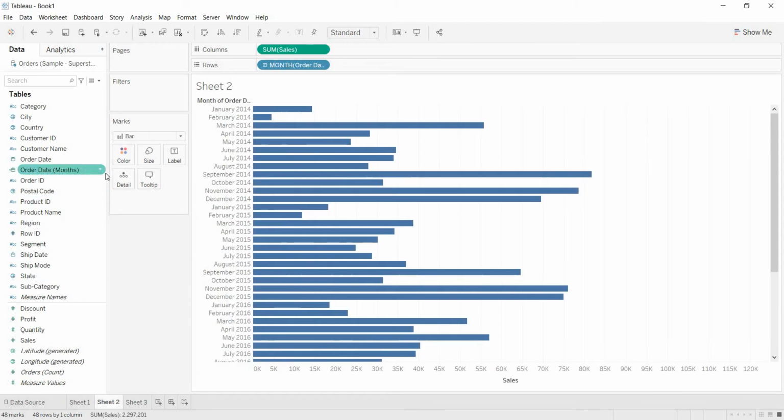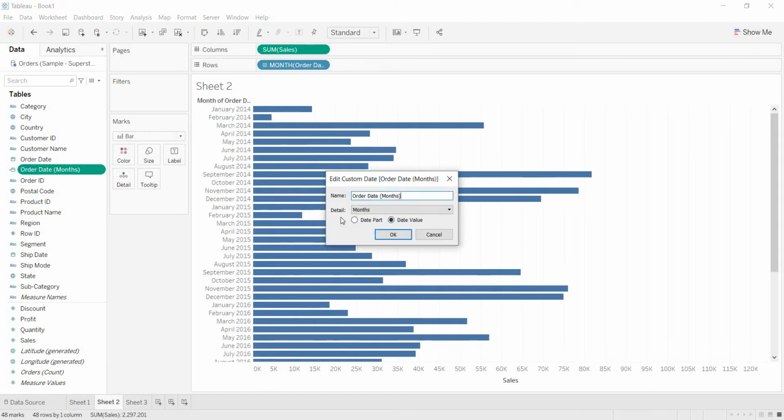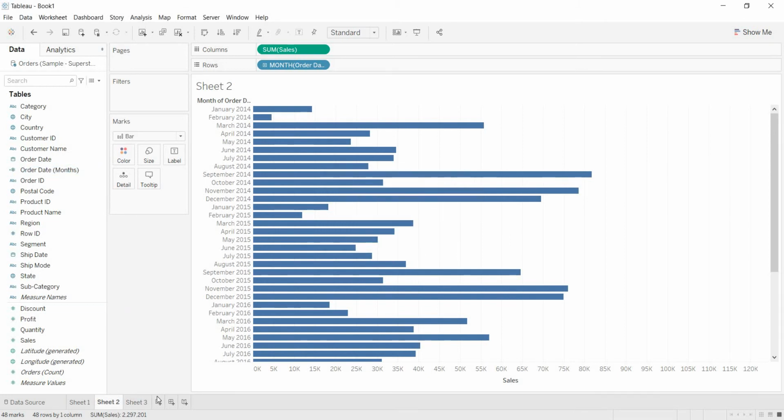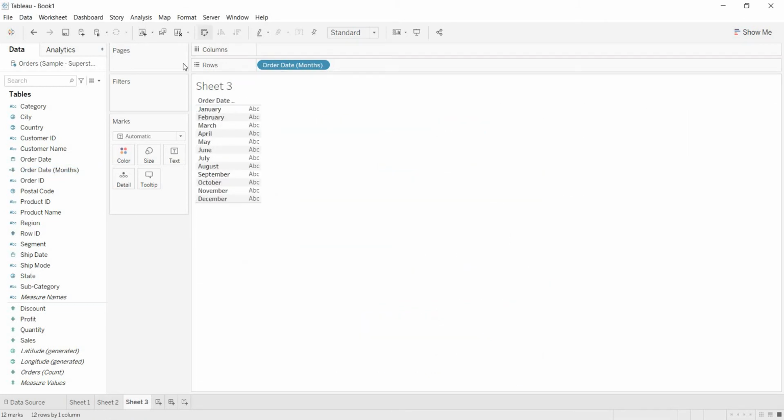Here when you are creating custom date, let me click on edit. When you select this date part and when you select this month, just observe this data type. When you take this date part, then you will be getting the numeric dates. See, numeric part of dates. What that means here, see how it is converted. Now you are only getting Jan, Feb details.